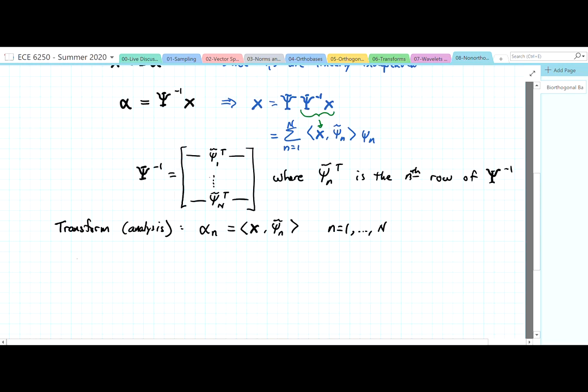And the inverse transform, also known as the synthesis step or stage, reconstructs x